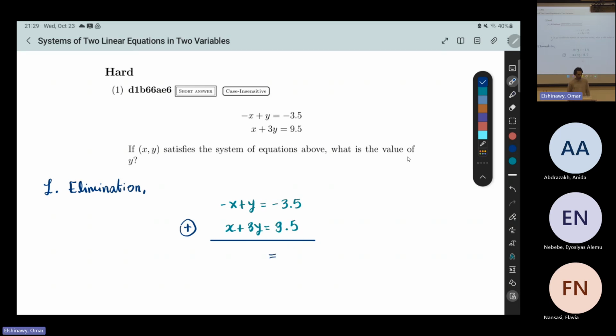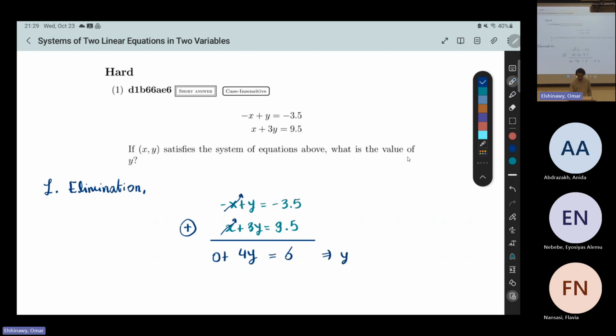9.5 minus 3.5, I think, is 6. No, yeah, 6. And notice that this is very nice, because the minus x cancels out with the x, gets 0, because minus x plus x is 0. And y plus 3y is equal to 4y. Now, if 4y is equal to 6,